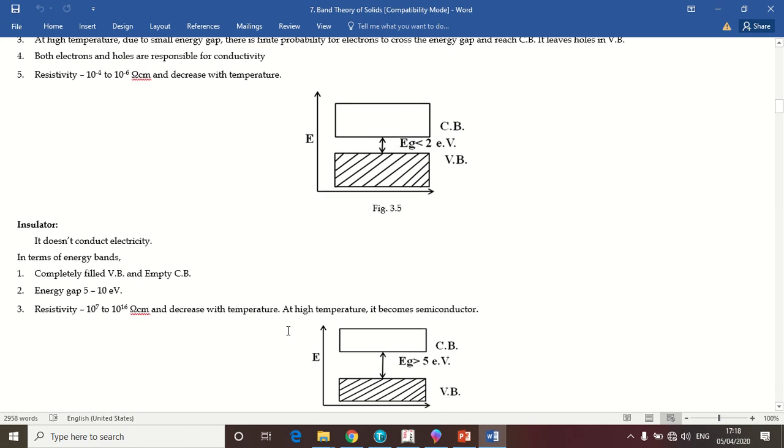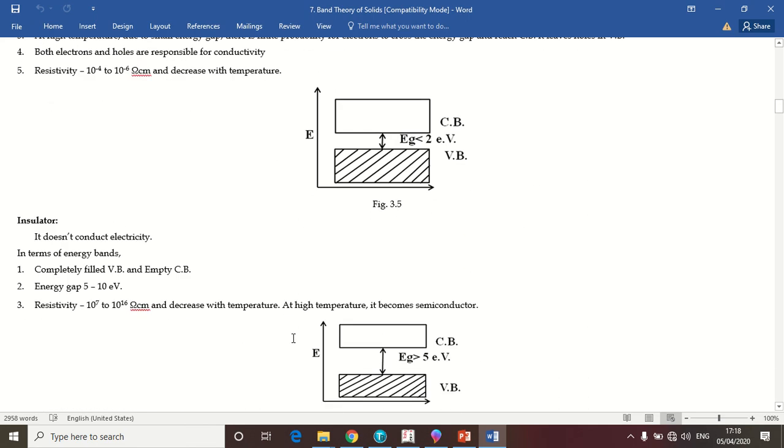And the third type is insulator. Insulators have a very large band gap between valence band and conduction band. The band gap energy is greater than 5 electron volt, and for insulators, there is a completely filled valence band, whereas a completely empty conduction band. And the resistivity is also very high. It is of the order of 10 raised to 7 to 10 raised to 16 ohm centimeter, but it decreases